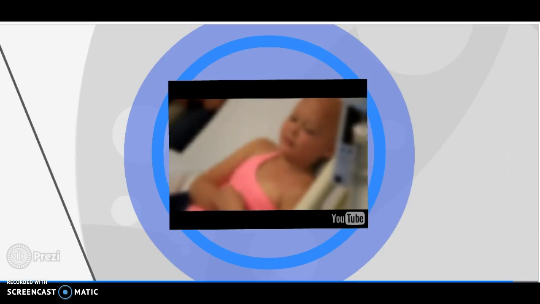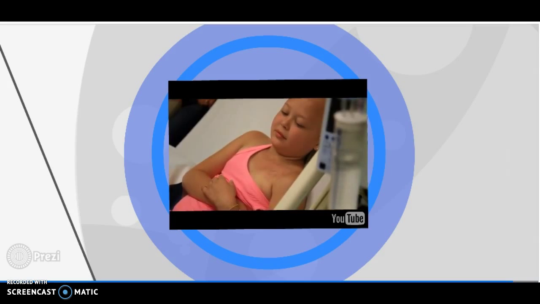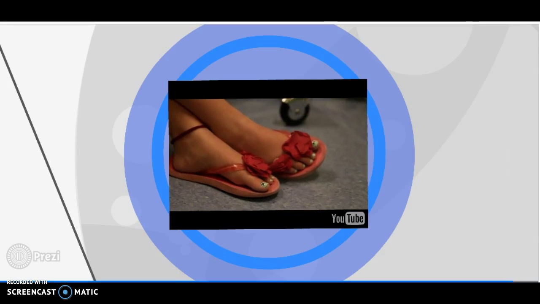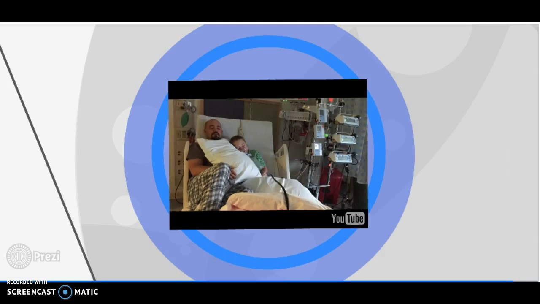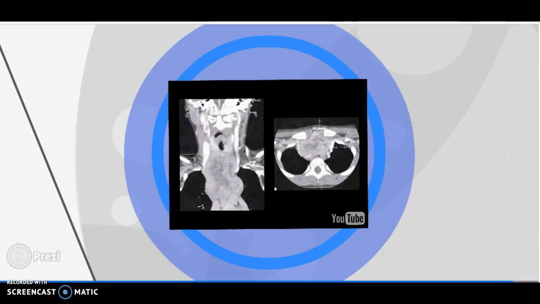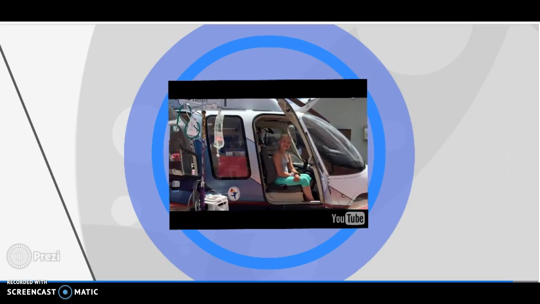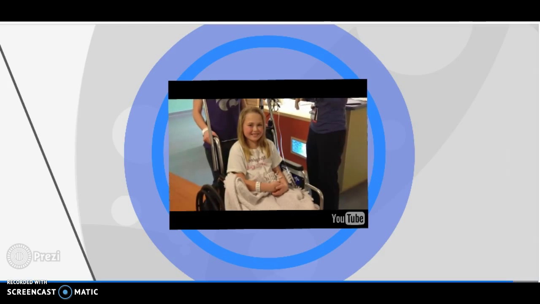I just could feel inside me that it wasn't right. We went from a cyst, which it wasn't, to a severely life-threatening condition. So it was very fast. They needed to fight for life to get her to the Children's Hospital in Denver because her trachea was in such a precarious state. I got on the helicopter, said goodbye, and that was that.